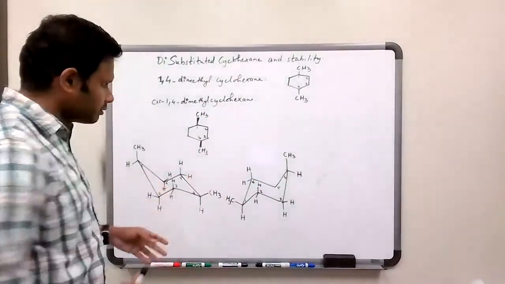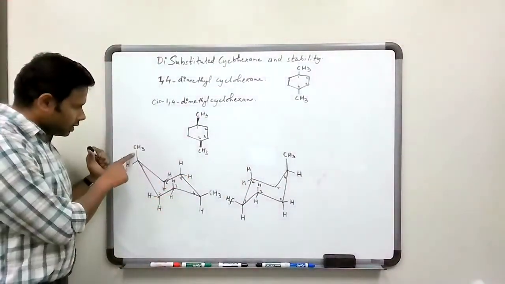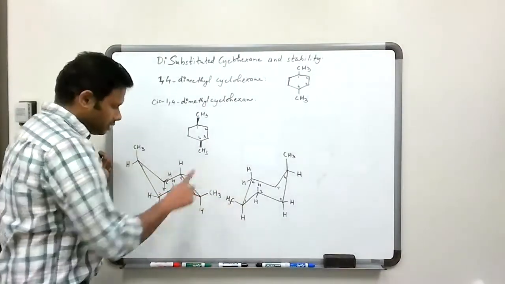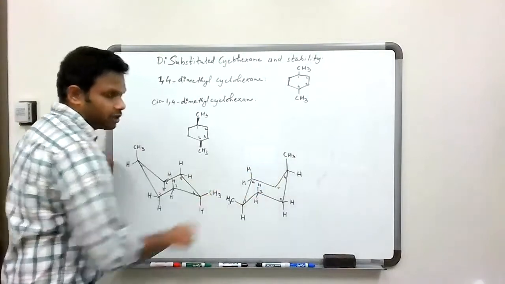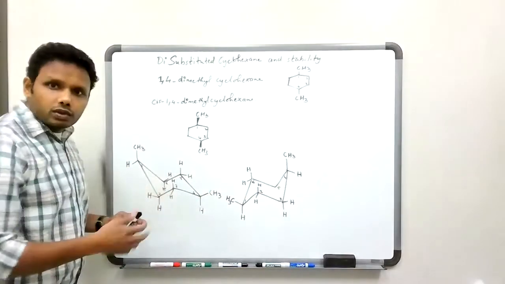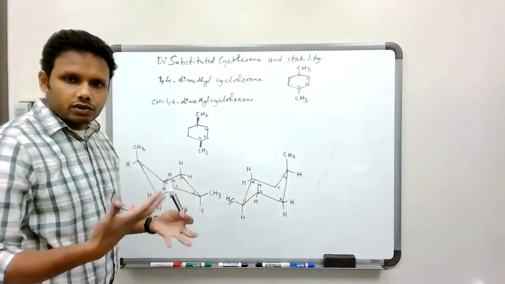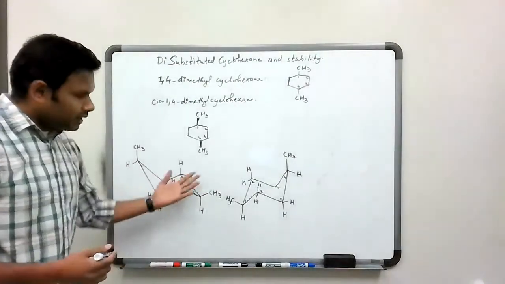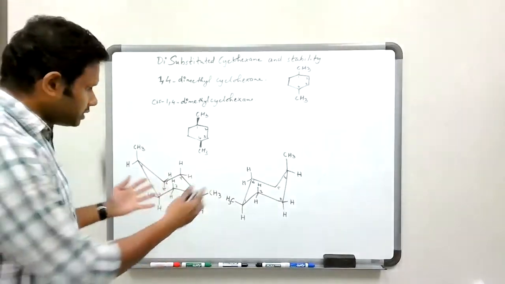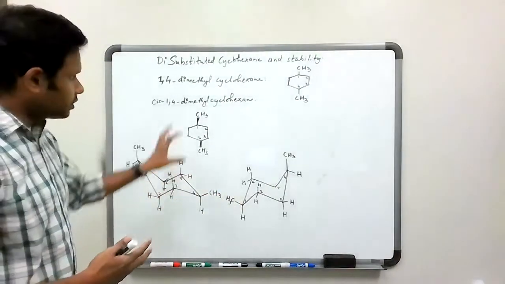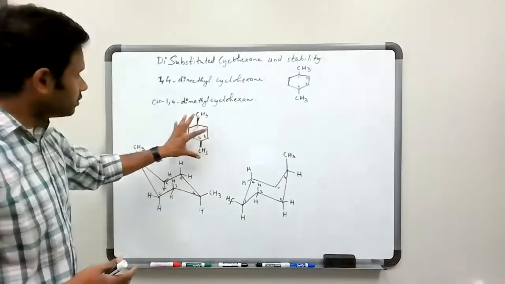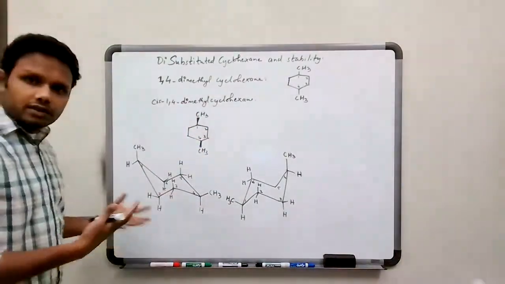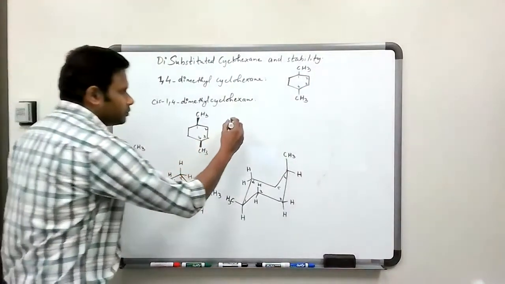So we've drawn the same conformation, but notice how the axial methyl became an equatorial methyl and the equatorial methyl became an axial methyl now. So the conformation has flipped, or we are working with the other chair conformation essentially. Now, we have to evaluate the stability of these two conformations for this molecule, the cis 1,4 dimethyl cyclohexane. And to evaluate stability,